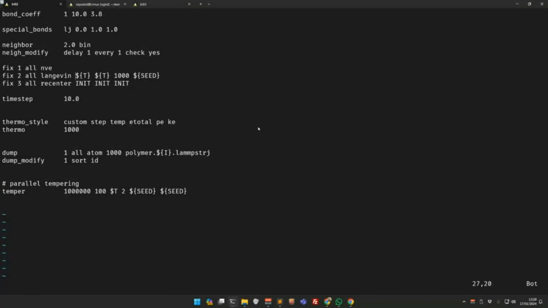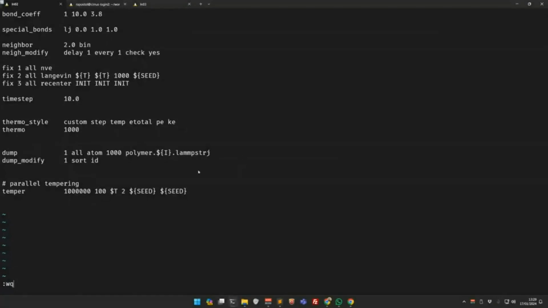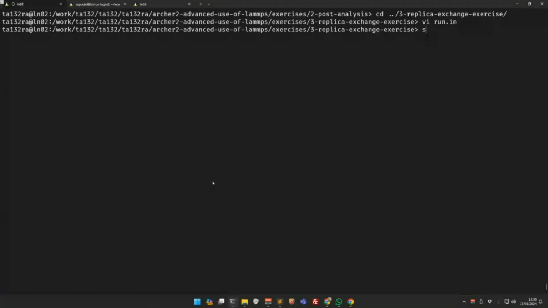The way we fix the temperatures for each replica is by using the world variables up top. You give it the variable, and for each replica, it will choose the correct index, basically. So replica index 0 will use T index 0, and I index 0, so that it matches all of that. For the dump here, it will create 10 different trajectory files, one for each replica. Now, if we run this,